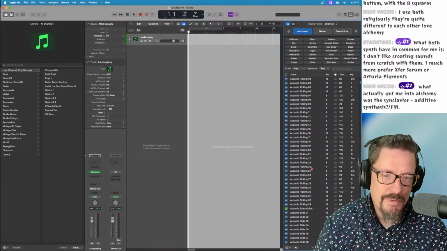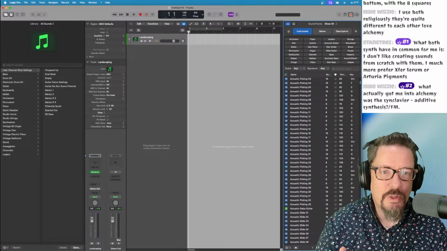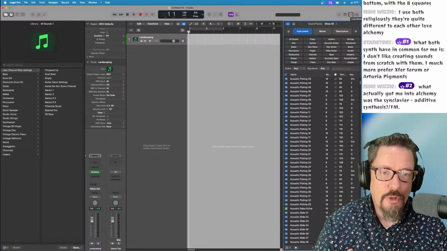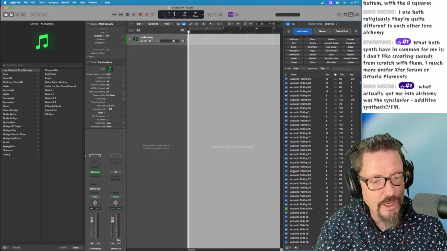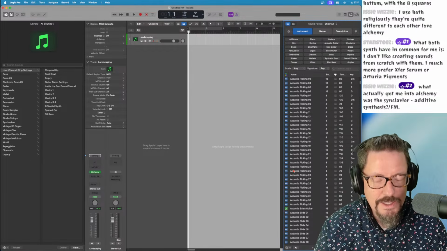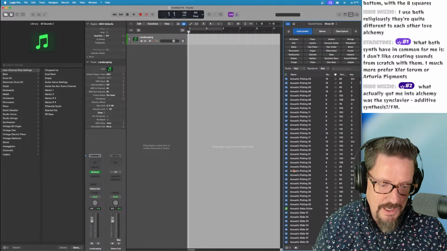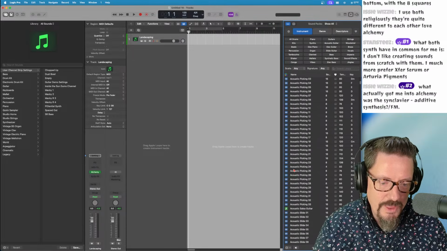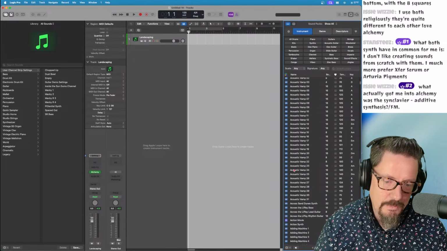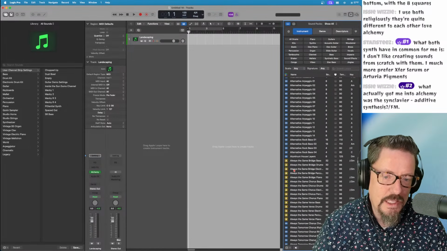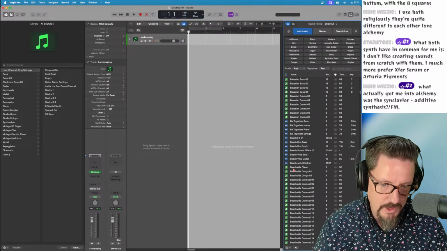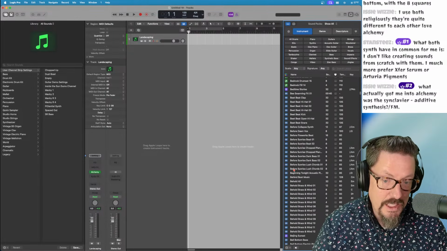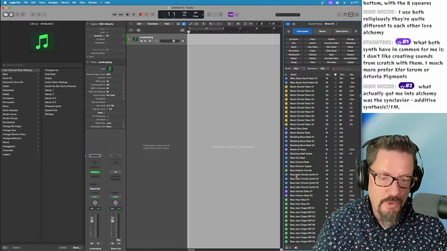We're still calling it that, the loop browser. And it's nearing what we have inside Omnisphere. It has 34,315 items. And each one of these can be used inside Alchemy to create a whole new instrument. And they made it really easy to do that. Let me just find some random thing.